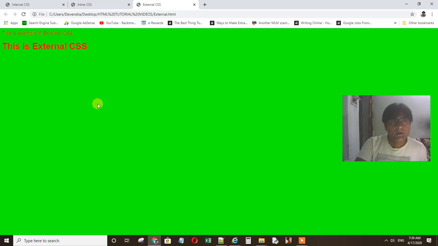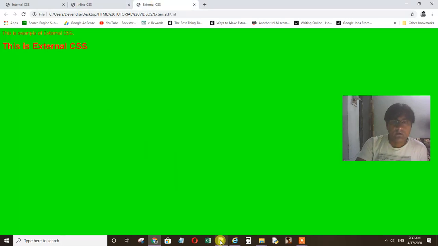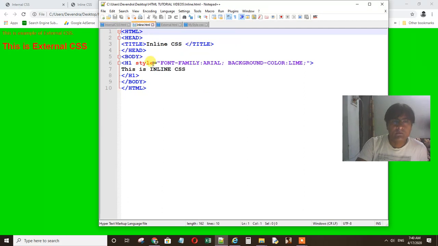So once again, I tell you about CSS. There are three types of CSS: internal CSS, inline CSS and external CSS. For internal CSS we have to use the style tag inside the head tag and apply the rules. Then the style tag should be closed. In inline CSS we have to use style as an attribute of the HTML tag. Directly apply the style attribute to the tag, then give the rules.